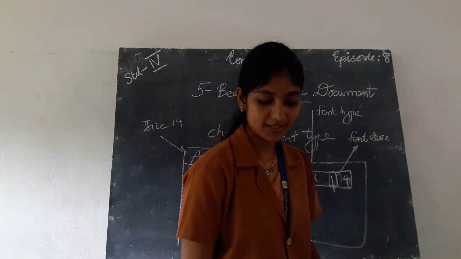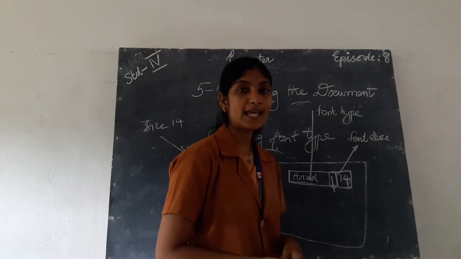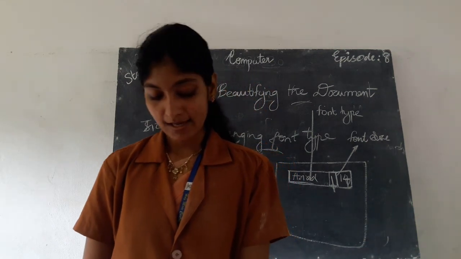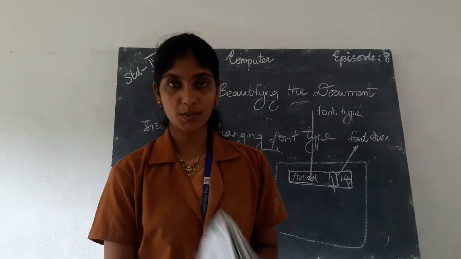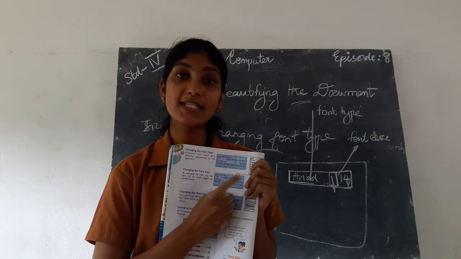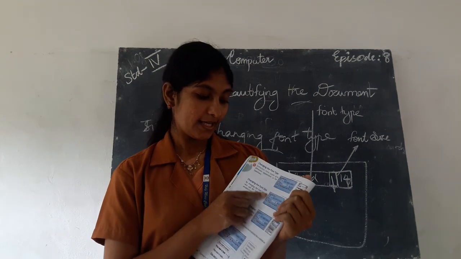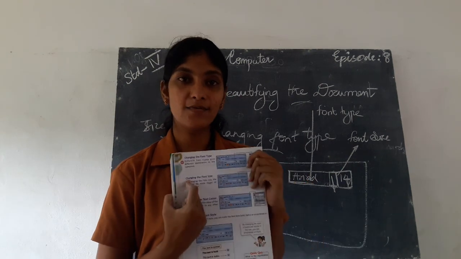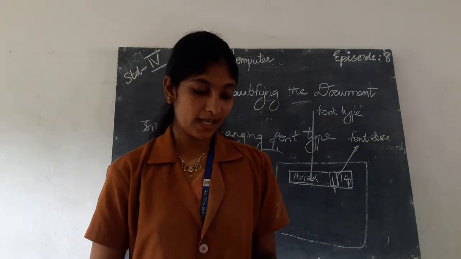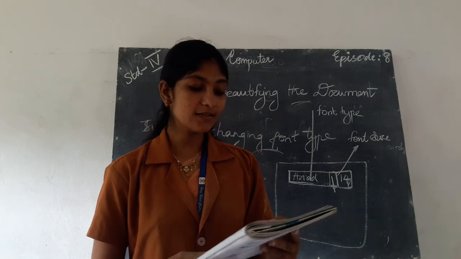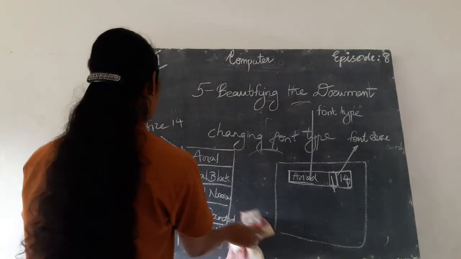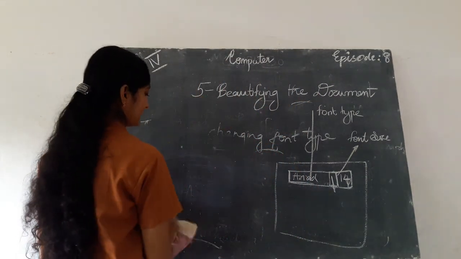By changing the font size, your text can be made bigger or smaller in size. So here in your text there is a red outline that represents font size. That is the way to change font size. So first font type, then next font size, and then the third one is changing the text color. So the next topic is changing text color.